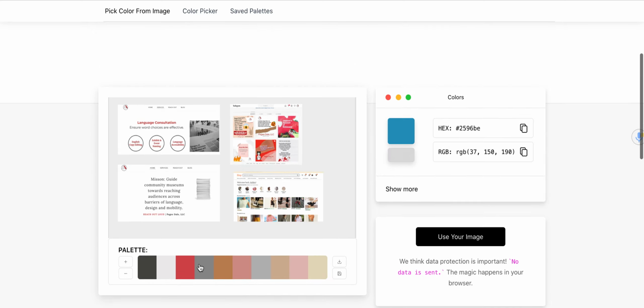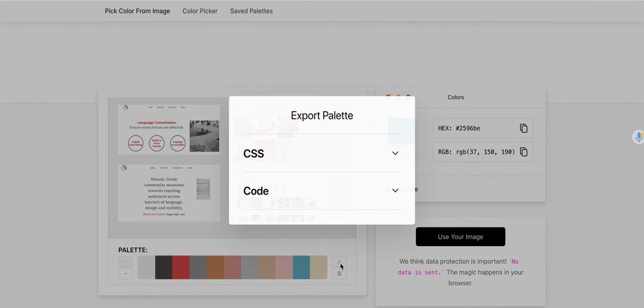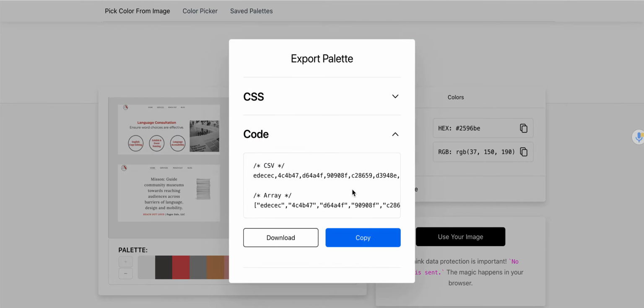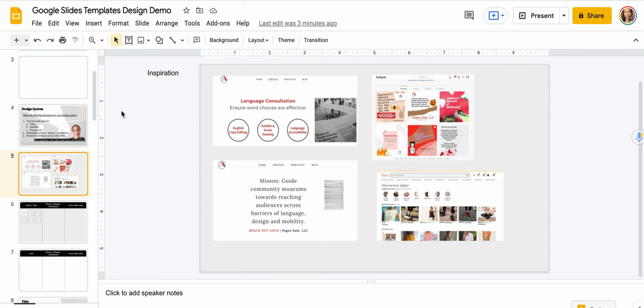Okay, so it's already generated a palette for me. And I think this is actually quite gorgeous. But I want to include that blue. So I like this one. So I'm just going to download this palette. And so then you have the different colors that you can use. So you can come back in here. And I went through that pretty quickly, but